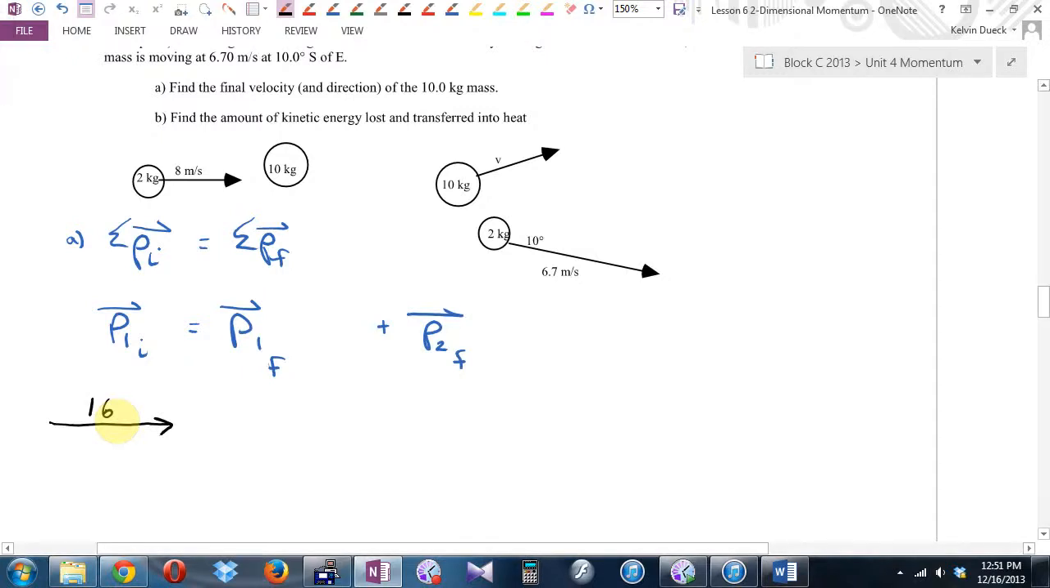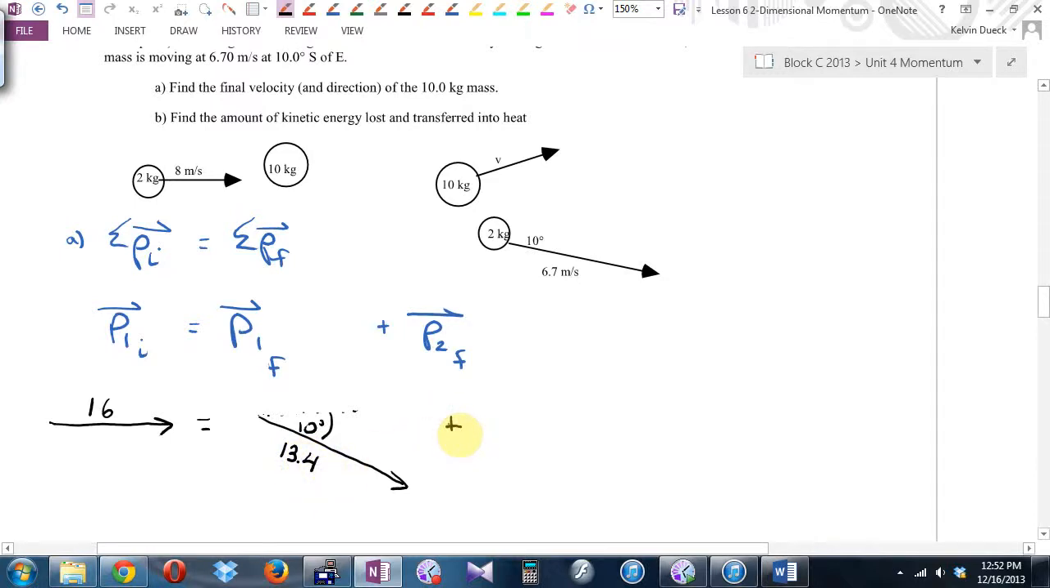Wham, they collide. Now, looking at the picture there, it looks like mass 1 goes down that way, at an angle of about 10 degrees. And I can even tell you how long that line is. What's its mass times its velocity? 2 times 6.7. Did you do that in your head too? Okay. 13.4